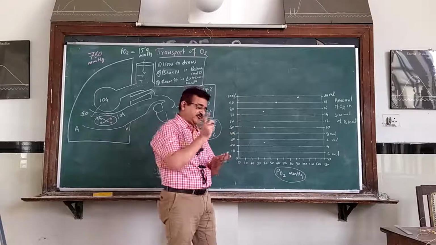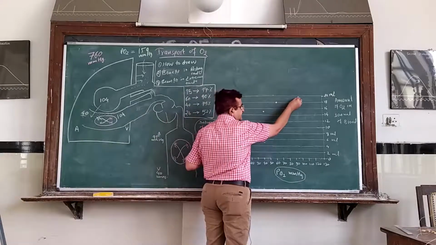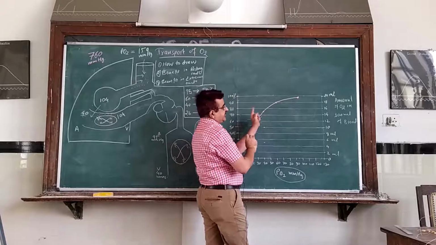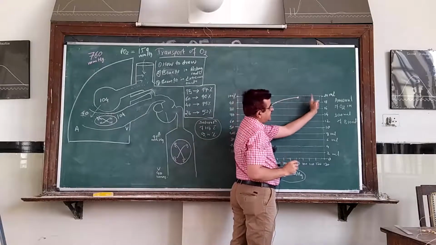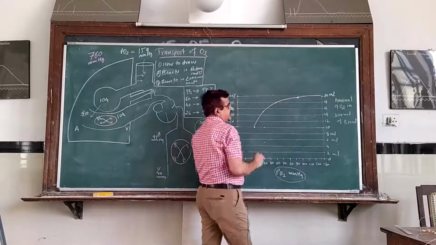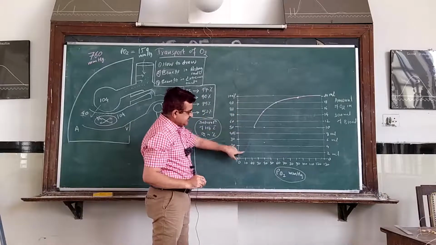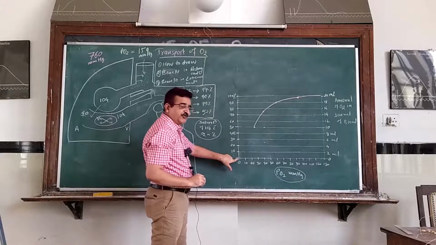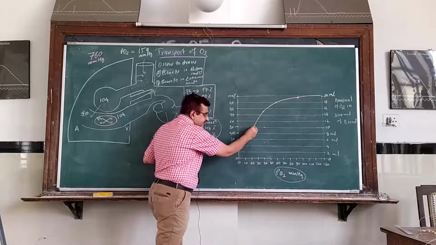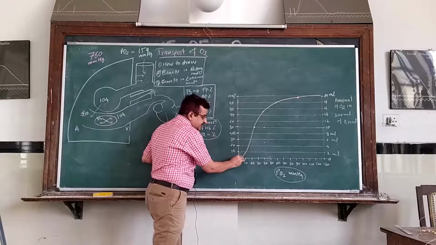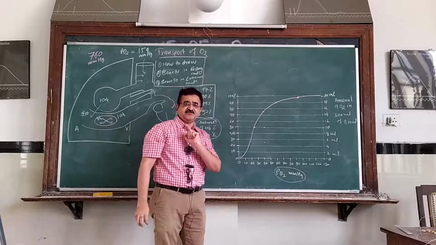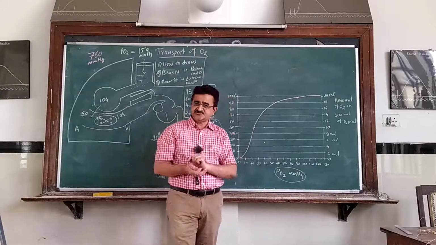These are drawn, and now we join all these four points. Then we extrapolate this line upward, and it reaches 100% saturation. Then we extrapolate this line downward towards the point of 0, and this extrapolation is done not linearly but as a slightly concave curve, that is, it has slight concavity towards the end. So this is how the curve is drawn.